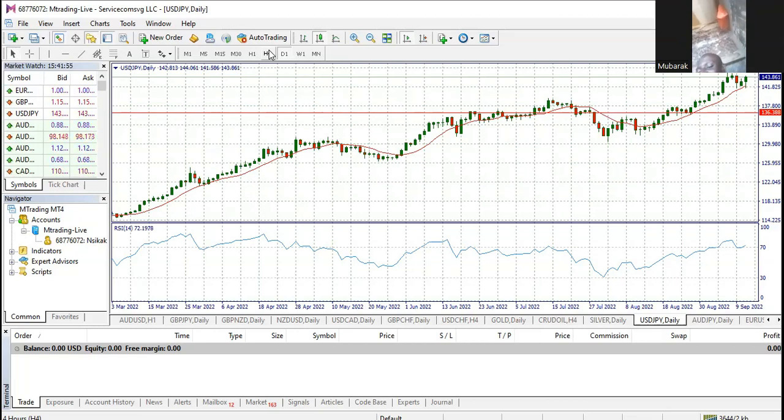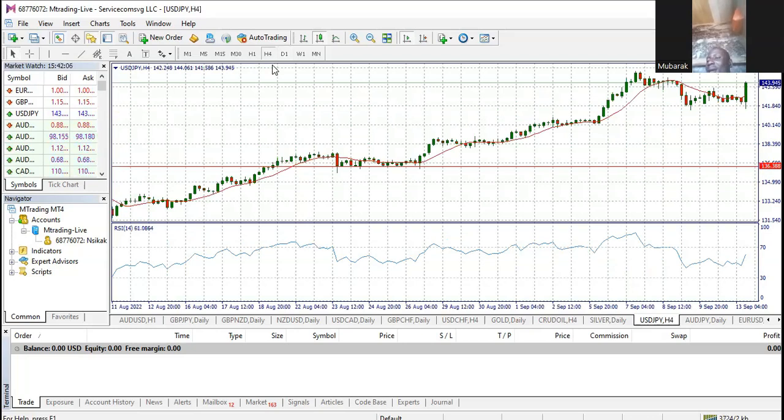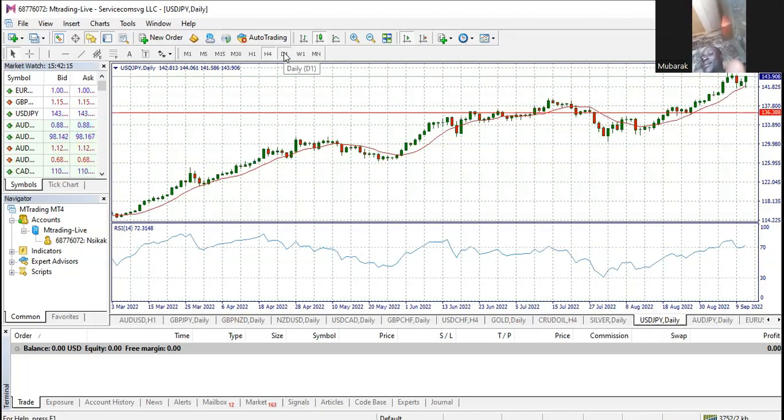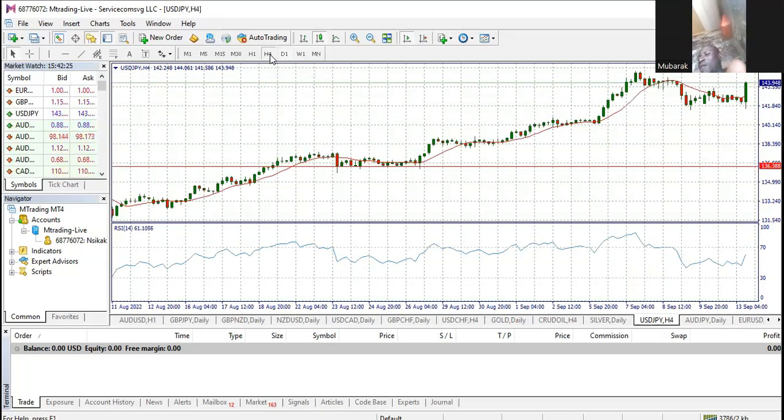What I see on USD JPY is, on 4 hours, let me see. Normally on daily, yesterday, okay. Yesterday closed as a small bullish candle. Yes. And then on 4 hours, I've seen on 4 hours before that it had already started moving. Is it?